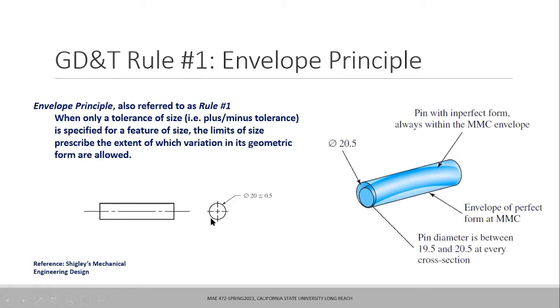As we know, when we fabricate it, we are not going to get a perfect-looking cylinder. There will be some out of form or out of shape, or there will be some variation in the cross section at different lengths. That is going to happen for any manufacturing process. Now, if that is the case, the GD&T rule, the number one rule, says that this